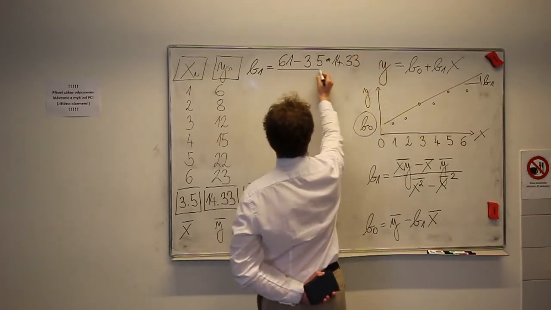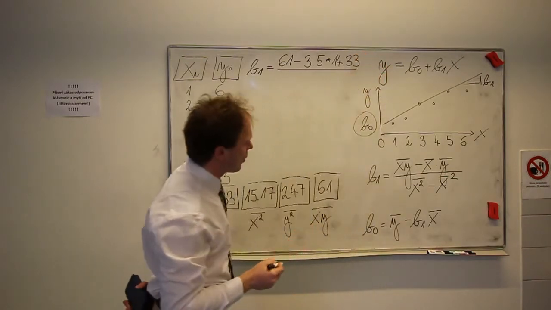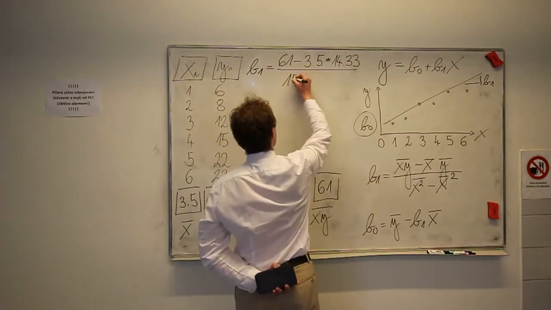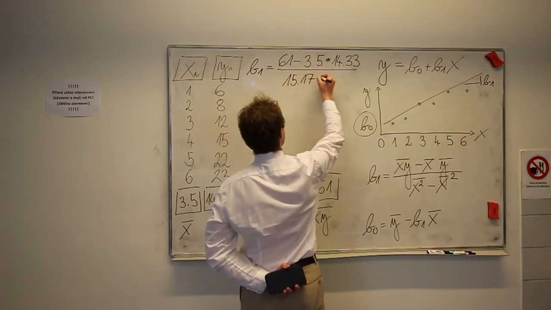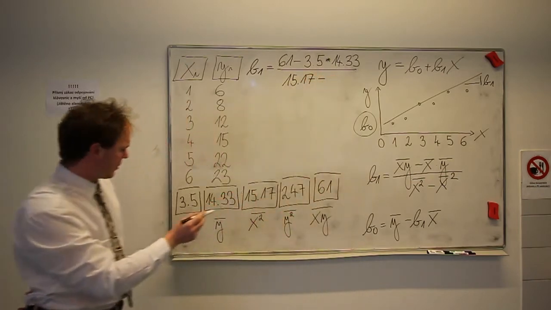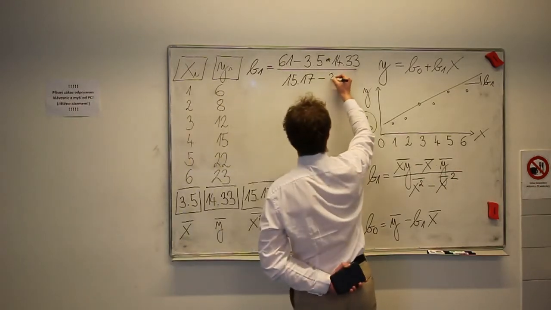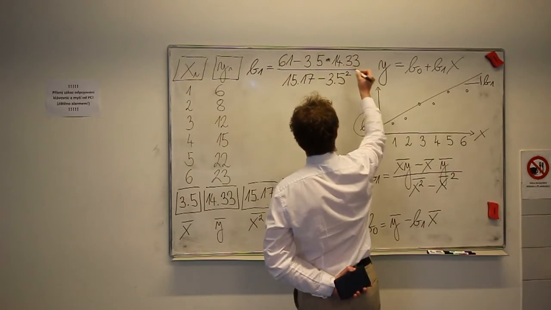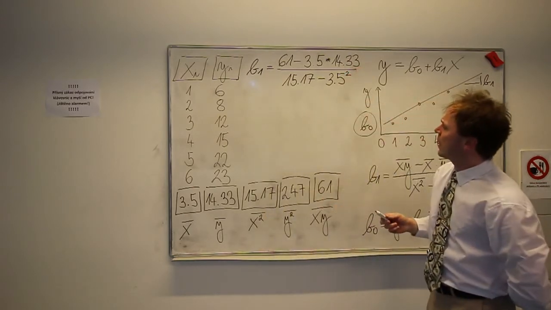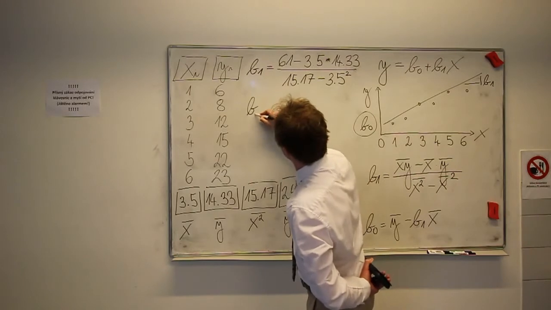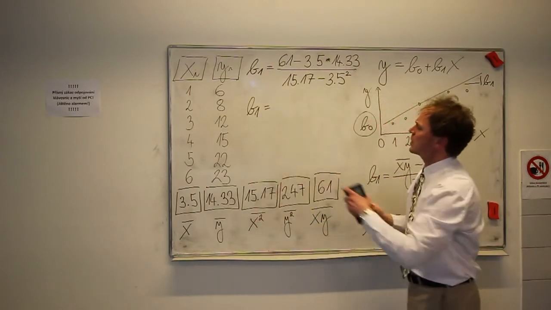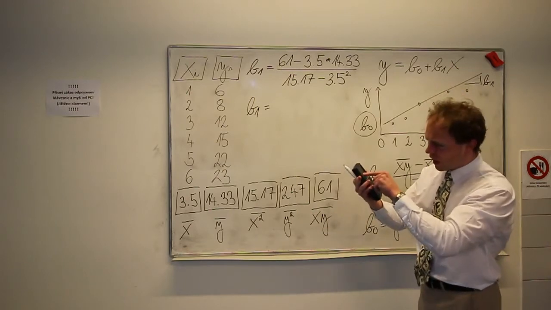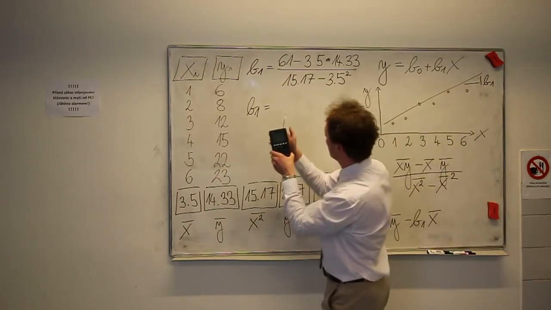This is the numerator, and in the denominator we have x squared mean 15.17 minus 3.5 squared, yes, 3.5 squared, yes. So B1 is equal to, in the numerator we have the covariance. I have this covariance calculated here,